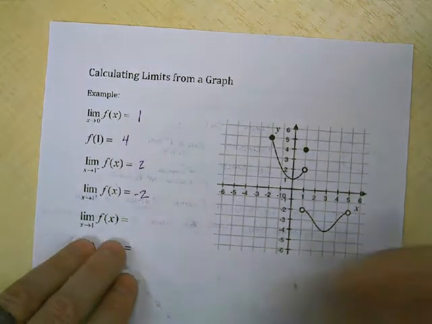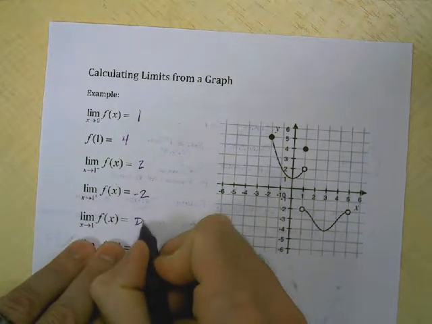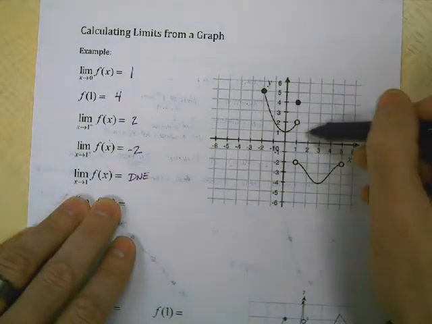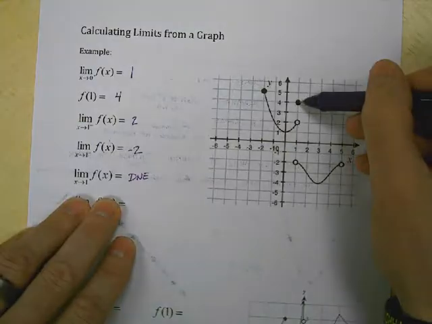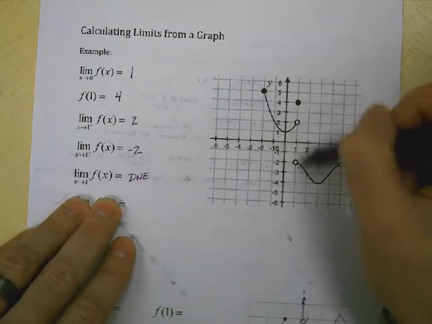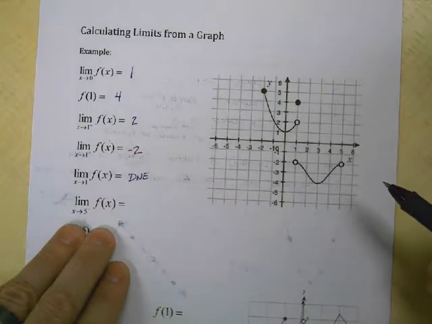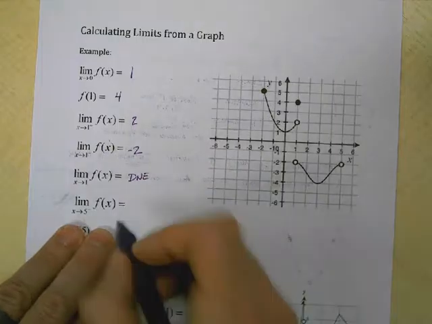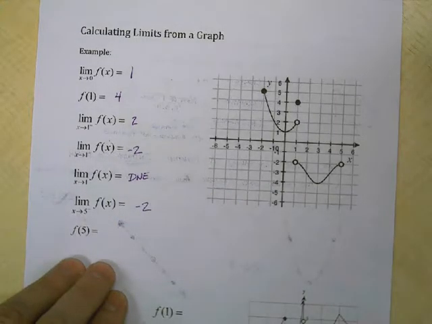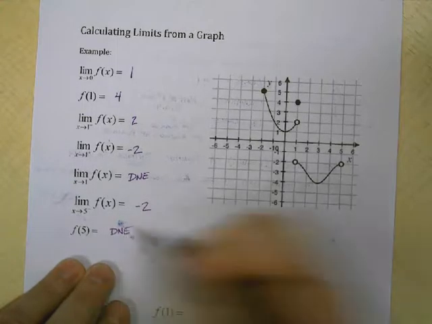Alright, when they are different, it does not exist. Very good. Now again, if they would have approached the same from the left and the right, but I would have been up there for the actual function value, that's fine. It's just when the limit from the left and the right are different, it does not exist. Alright, as I approach 5 from the left, good. As I approach, f of 5, very good. There is no f of 5, does not exist. Good. Bottom one,